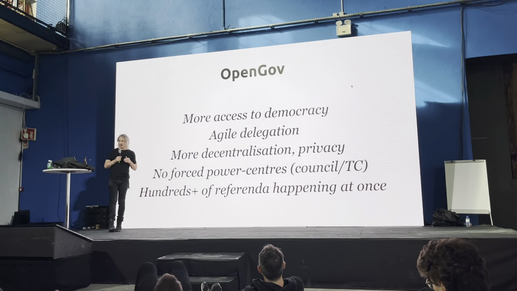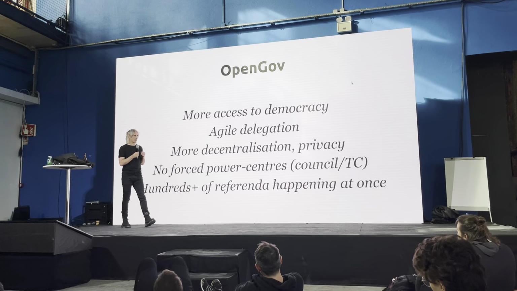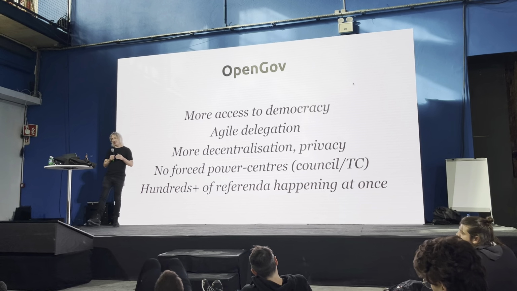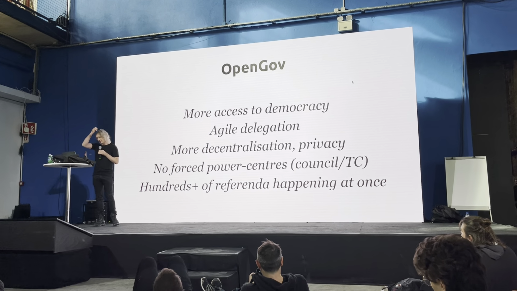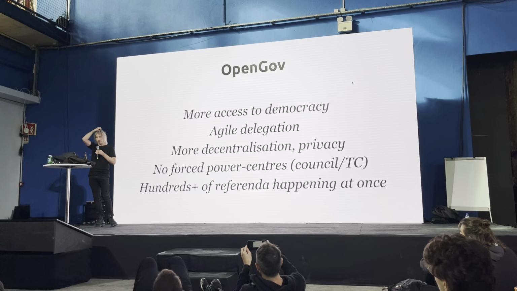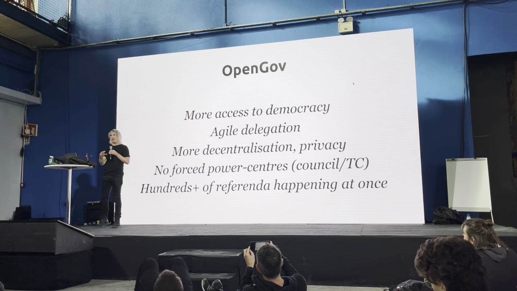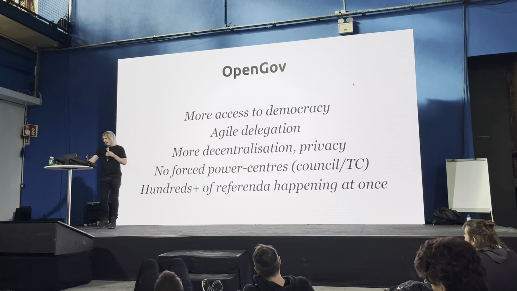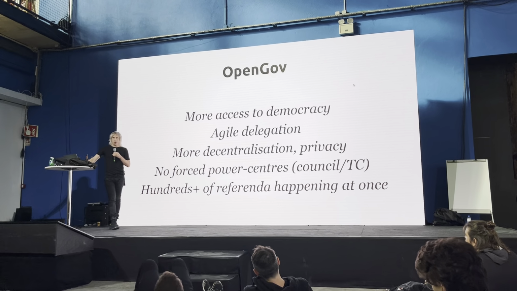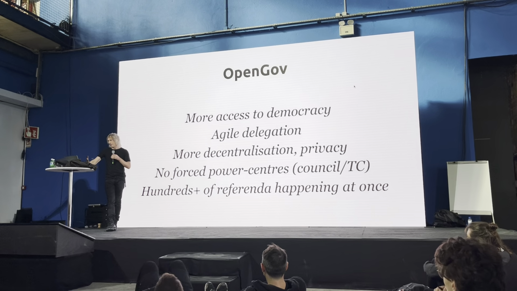One of the big things that has happened recently, as I would hope most people here are aware, is that Gov2, or OpenGov as it's recently been termed, launched on Kusama, and we're seeing some of the first referendums happening under this new logic. OpenGov is pretty cool. I don't know how much you've looked into it.